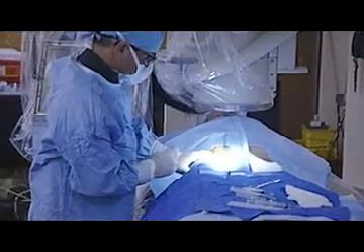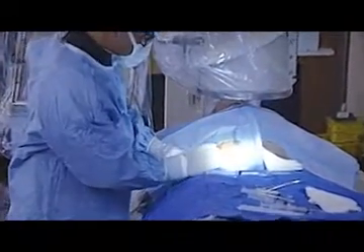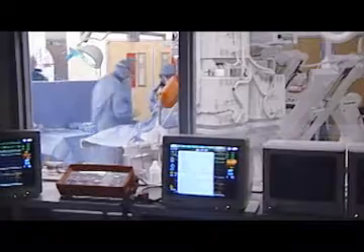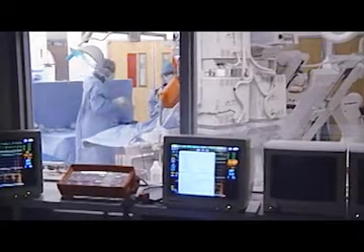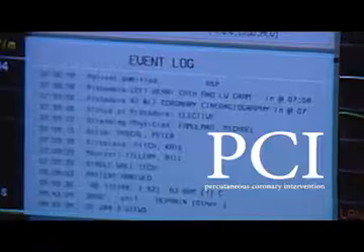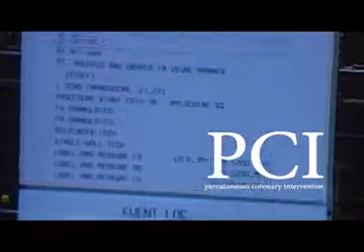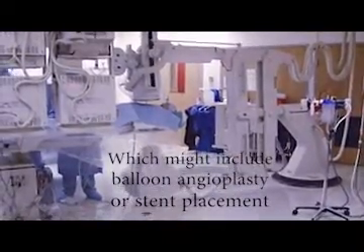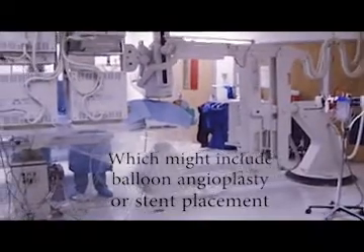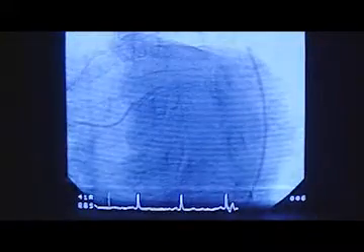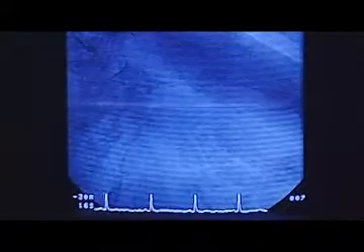As we shall see, depending on the extent of the patient's disease, there are a variety of treatment options. The cardiologist will perform the angiogram, discuss the results with the patient, and recommend a course of action. This could include PCI, percutaneous coronary intervention, which might include balloon angioplasty or stent placement, or the patient could be discharged and treated later. Generally, until an angiogram has been performed, the cardiologist doesn't know what treatment is best suited